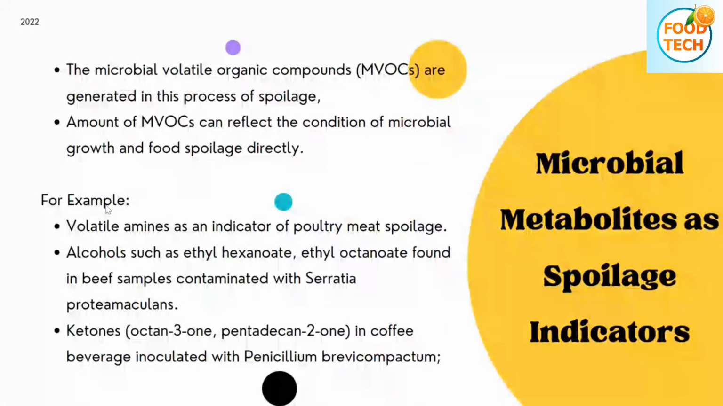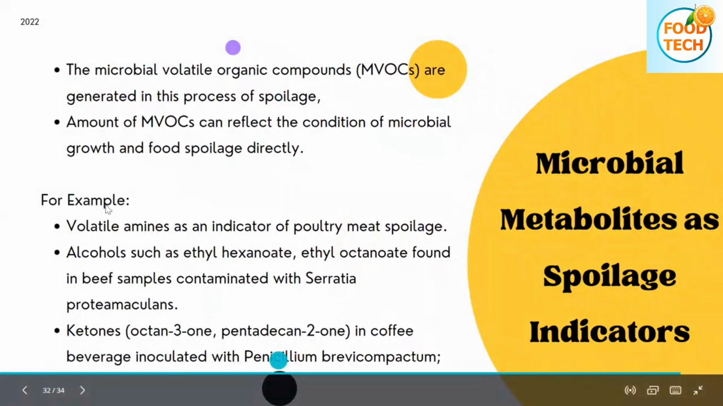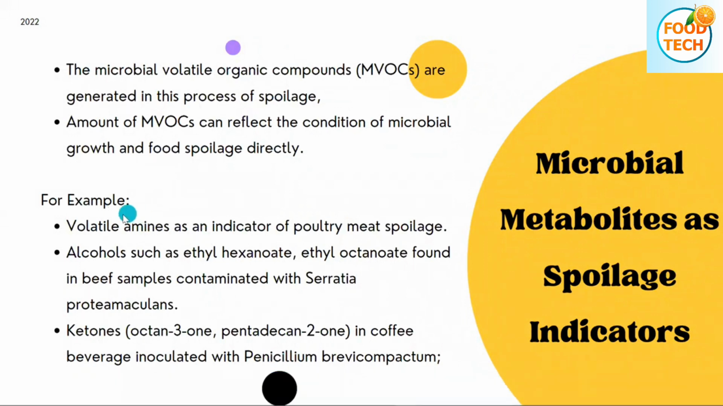If you see the examples, with the help of examples you would understand this better. So volatile amines: whenever amines are found in poultry meat, the presence of these amines suggests that the food is spoiled. So amine is nothing but a metabolite which is released as the food is destroyed, right? Similarly, coming to alcohols, ethyl hexanoate and ethyl octanoate are found in the beef sample contaminated